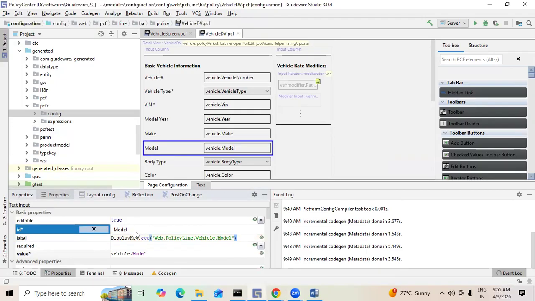Hence, whenever we update the model details,